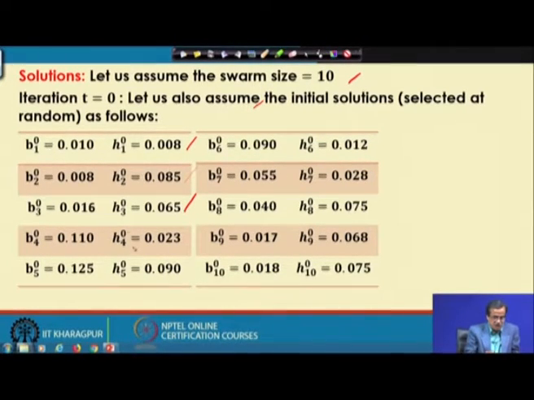Similarly, B 40, H 40, B 50, H 50, then B 60, H 60, B 70, H 70, B 80, H 80, B 90, H 90, then B 100 is 0.018 and H 100 is nothing but 0.075.